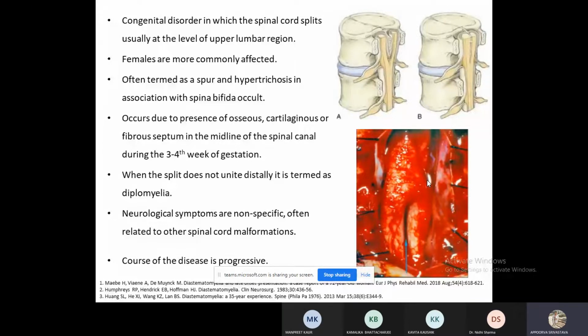It is often termed as spur and hypertrichosis in association with spina bifida occulta. It occurs due to the presence of an osseous, cartilaginous, or fibrous septum in the midline of the spinal canal during the 3rd to 4th week of gestation. When the split does not unite distally, it is termed as diplomyelia. Neurological symptoms are non-specific, often related to the other spinal cord malformations, and the course of the